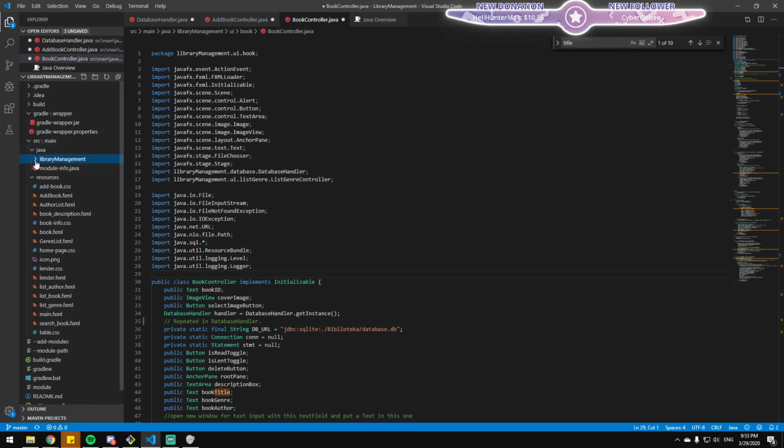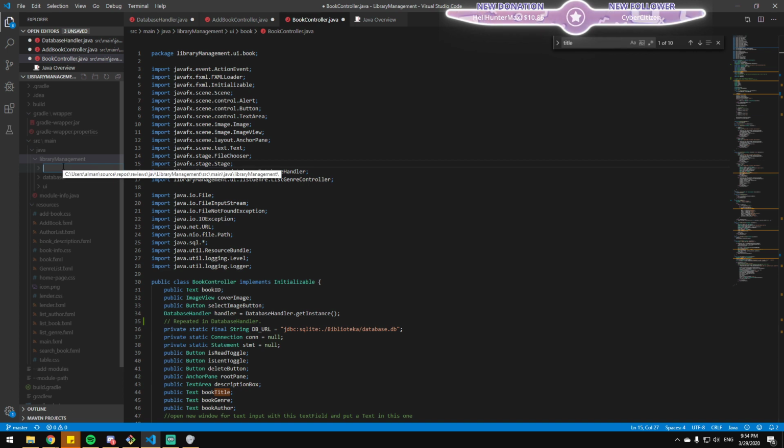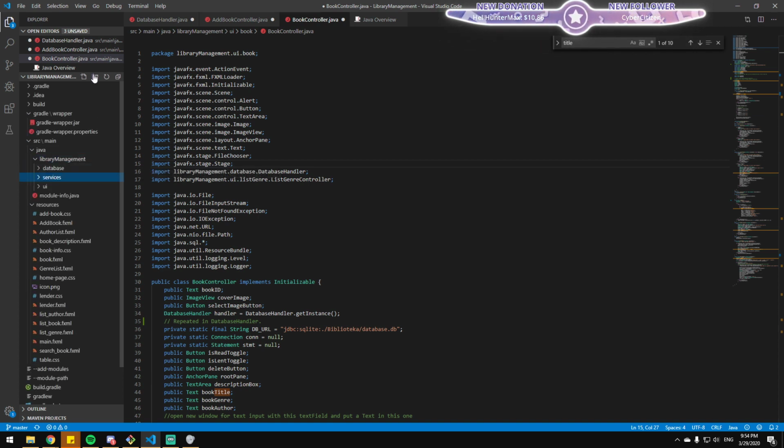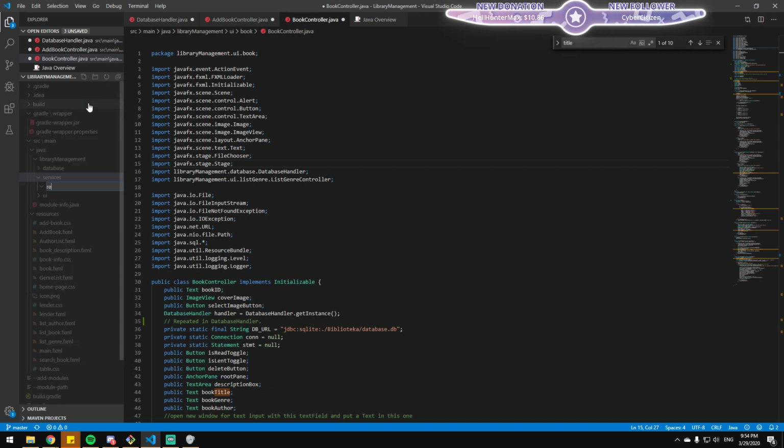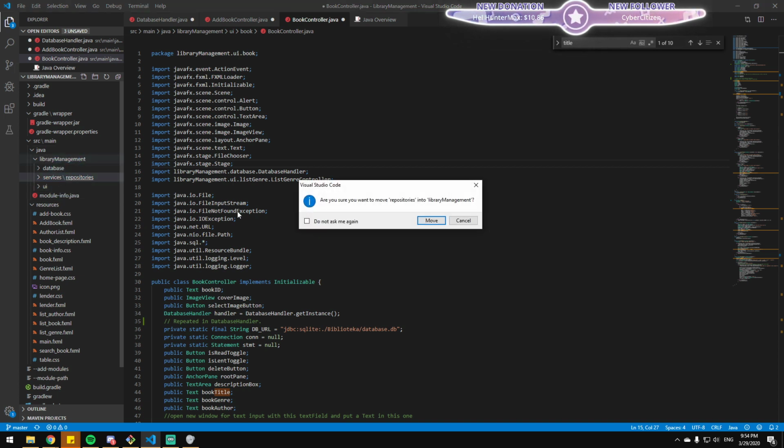It's like an example service, just to give an idea of what we're referring to when we say service. So you would have a services folder, right? And you have a repositories folder, right?